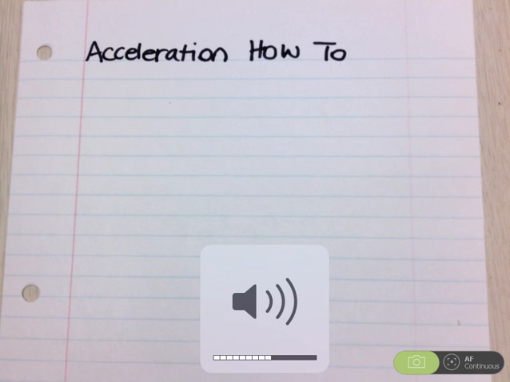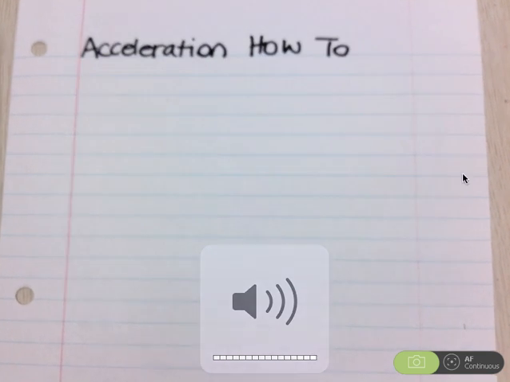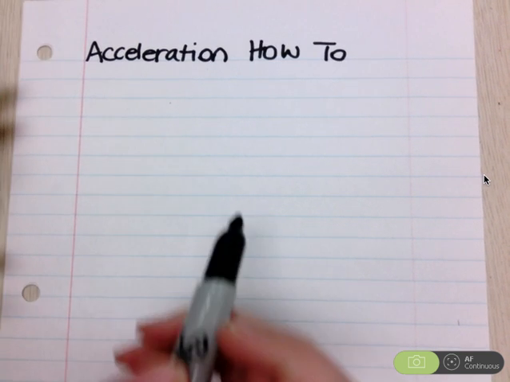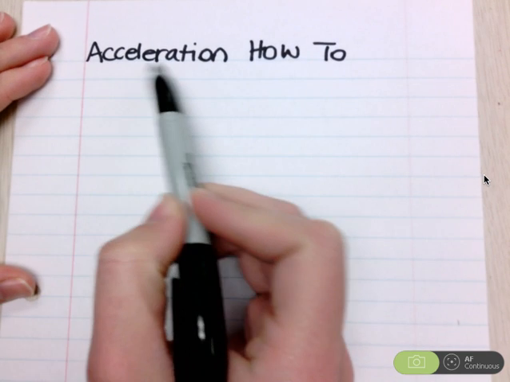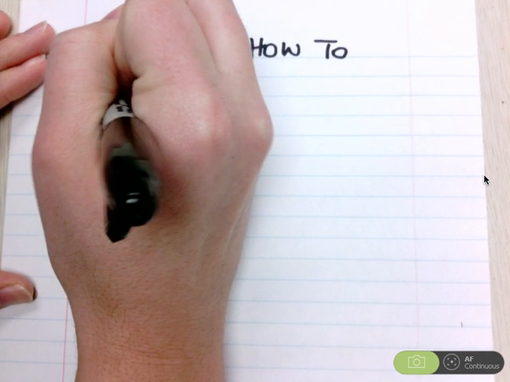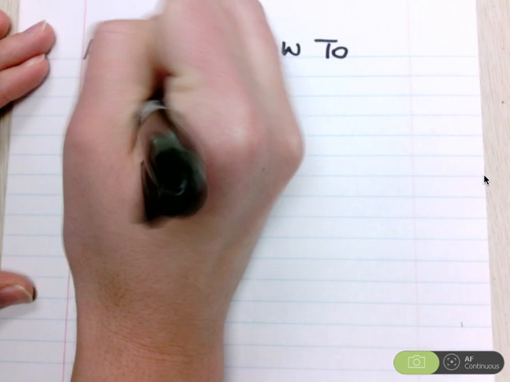Okay guys, I want you to finish that acceleration worksheet, but I want you to know how to do it. So we're going to start with this video called Acceleration How To. We're going to start with our formula. Our formula for acceleration